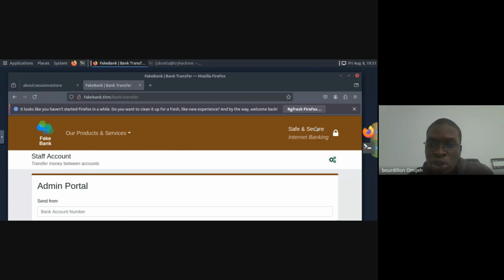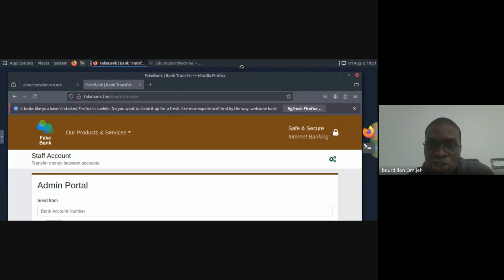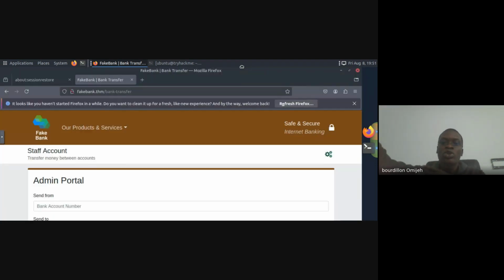If you go to a bank, for instance, and you are standing on the other side of the computer, the admin is sitting there facing the computer. The admin is the one doing the transfer when you come and bring a deposit slip, right? There's a particular page that the admin uses to make transfers. If you log into the First Bank website, for instance, you will not be able to see that page because it's hidden. What we just did is find that page for this particular fake bank, and that's the admin portal you can see here.